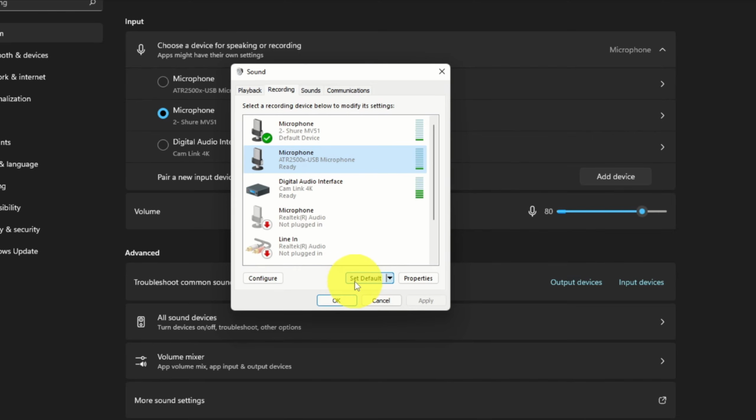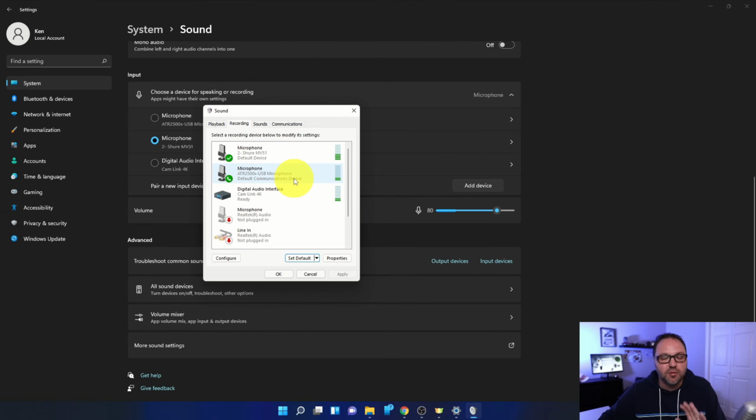And right here where it says set default, you'll see a little drop down arrow next to it. And if I go ahead and left click on that, you'll see two options. One that says default device, the other one says default communication device. And that's the one we want to select. So watch what happens when I go ahead and left click on this. It's going to actually bring up a little green circle with a telephone in it. So you know that that one is set as your default communication device versus your default microphone. So it gives you different options there. It's really that simple to set your default microphone and your default communications device microphone